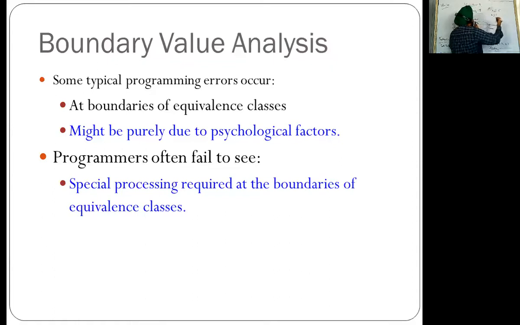So if we take the case of 4, it will be accepted here and here. If we take the case of 6 or 7, it will be rejected here and here. But what about 5? If we put 5, it will be rejected here, but it will be accepted here. So this is the boundary value. Boundary value analysis is very important because most of the problems occur at the boundaries. It is a special case of equivalence class.